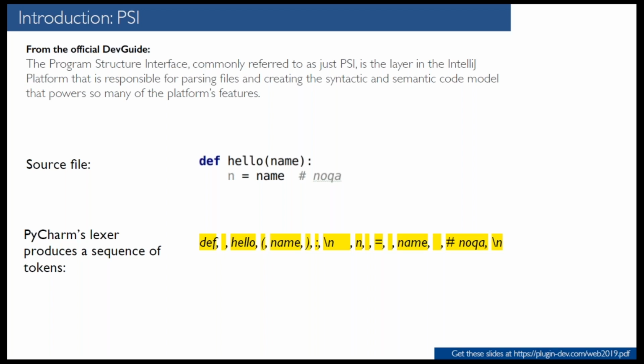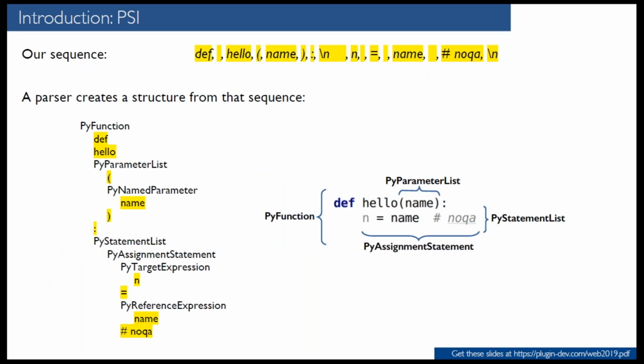So now we have a sequence of tokens produced by the lexer, and that somehow has to be turned into a structure, and that is what a parser is doing. So basically the parser takes a sequence of tokens and creates a tree or a structure from that. And I'm showing that result, which is produced by the Python parser. So you can see that we have that function hello with a name, and that is split